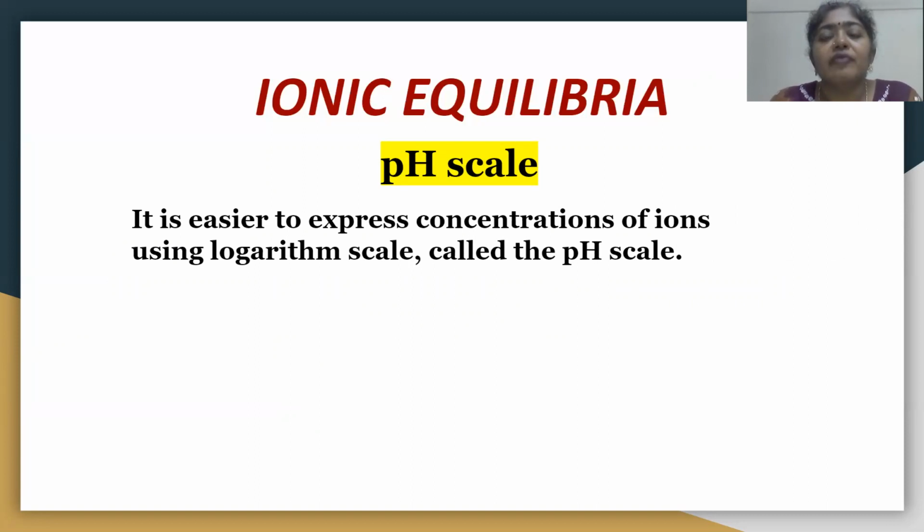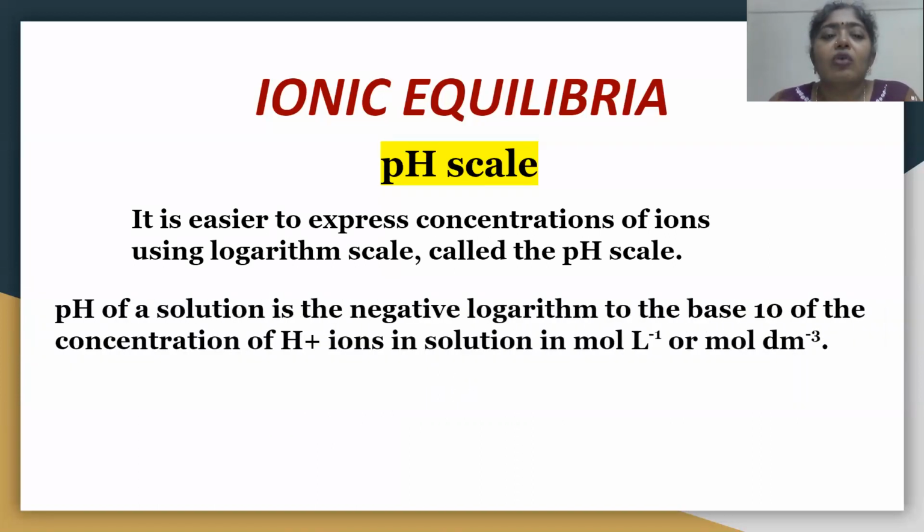The reason is because we just saw the ionic product of water is of the order of 10 power minus 14, and the hydrogen and hydroxyl ion concentrations are going to be within the range between 1 and 10 power minus 14. So when you express them as numbers, they are very, very huge or very, very small to understand. If we express the concentrations in terms of the logarithmic scale, it becomes easy to understand as well as to express. So now on this basis, we can define what is pH of a solution.